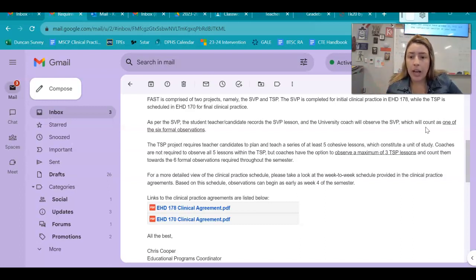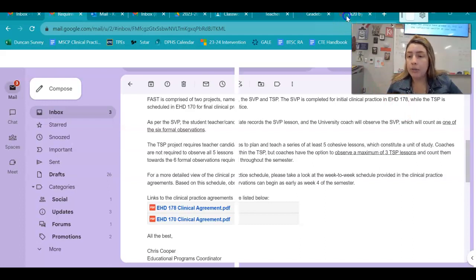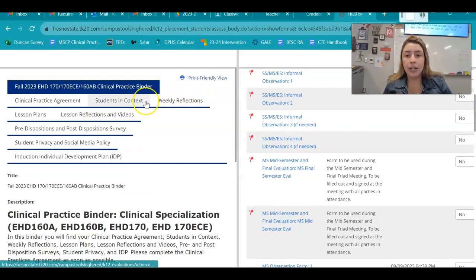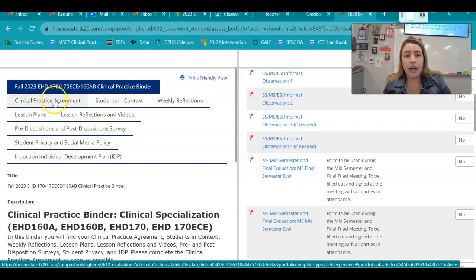Okay. I also wanted to make sure I would take some time today and just double check. I know this is a 170 binder, but double check that these things are getting done. The clinical practice agreement, I think everybody's been cleared now and uploaded. Students in context, take time to get that done. And then make sure you're doing your weekly reflections. Also make sure you're doing your lesson plan reflections after you look at my observation notes. If you need to know how to look at those notes, it's in last week's video. Make sure you did your predisposition survey and